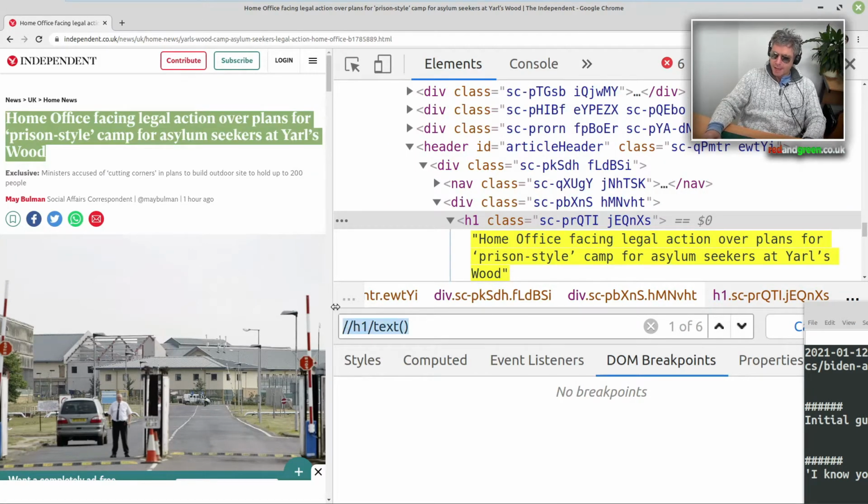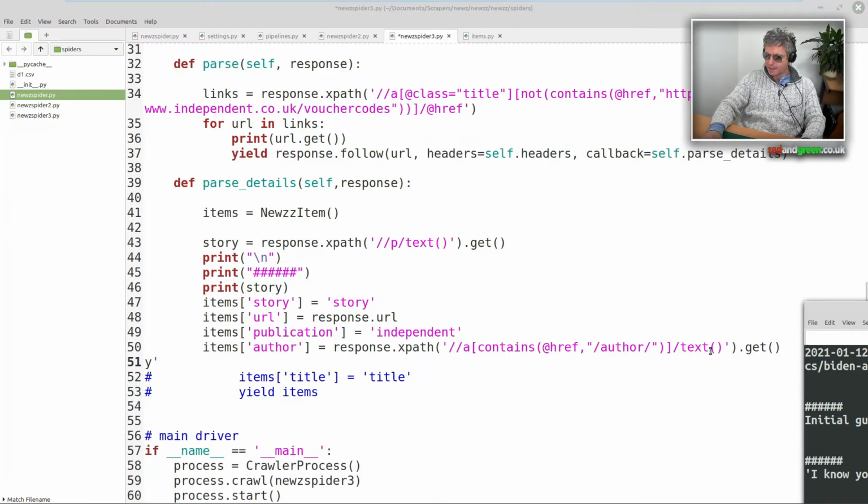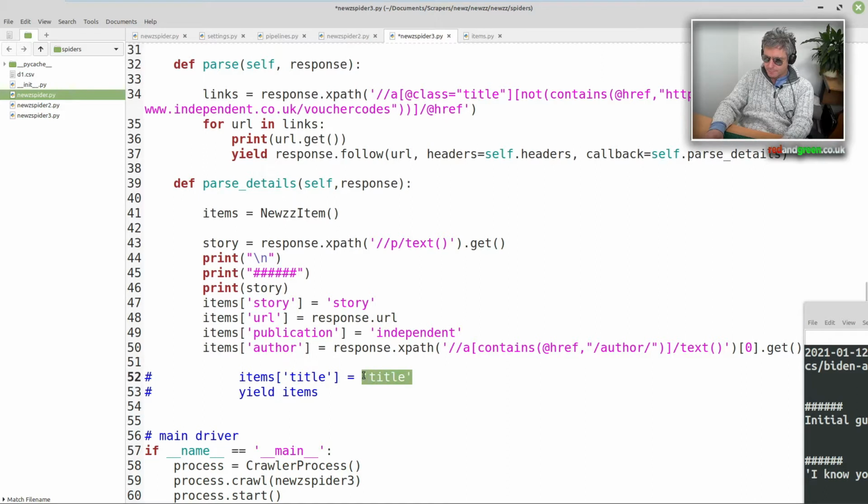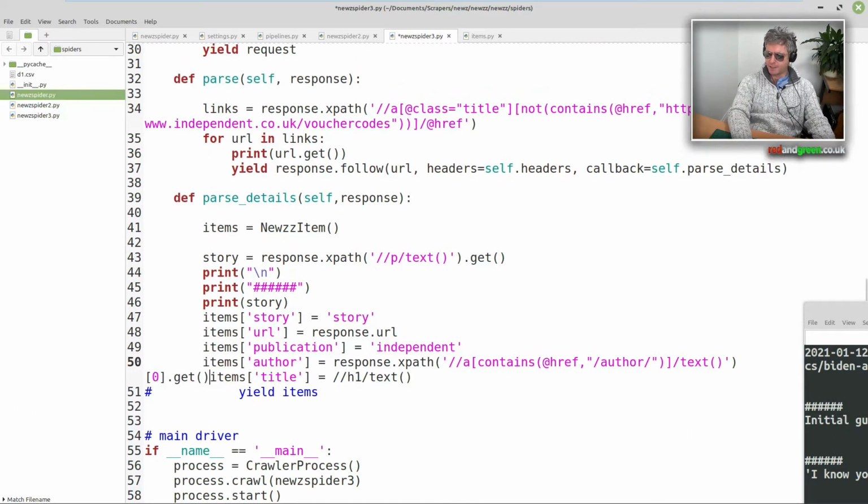Let's do that, but we'll slice that. Now, in actual fact, I think I'm going to need to slice this as well. So we'll put 0 there. Paste that in there. Remove the hash. Bring it back in line with all the others, because as we know, indentation